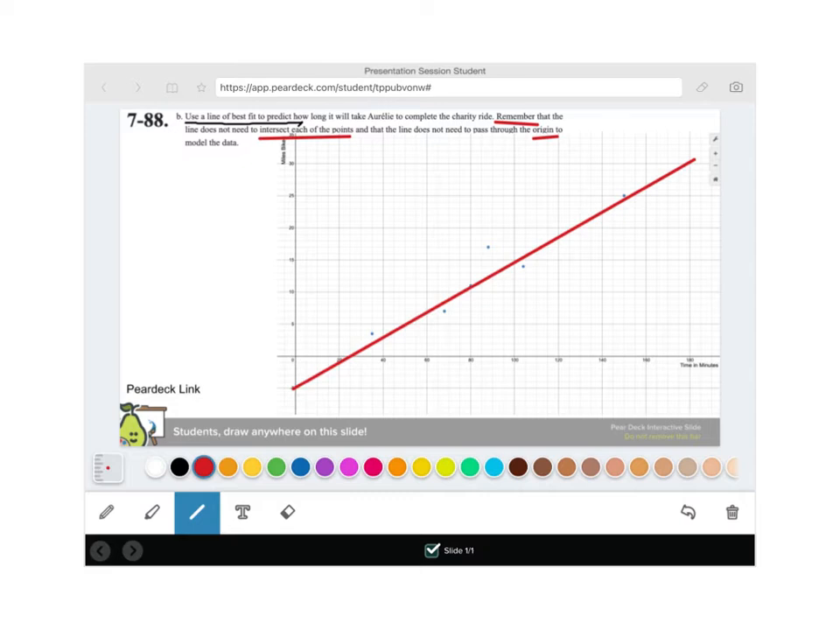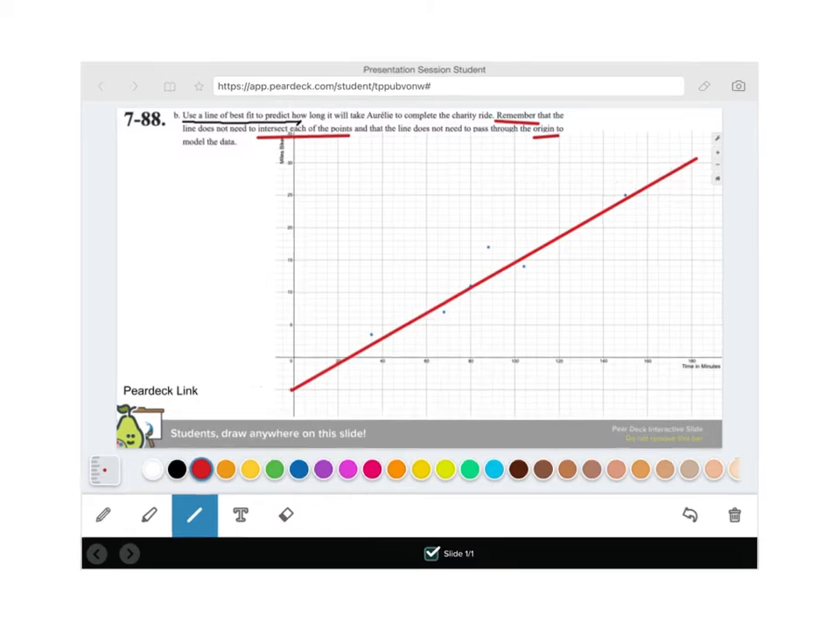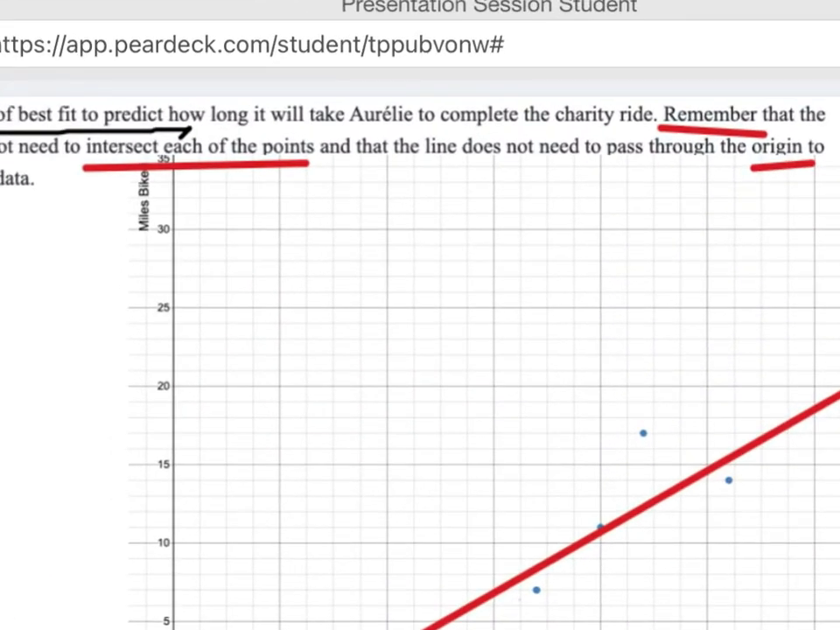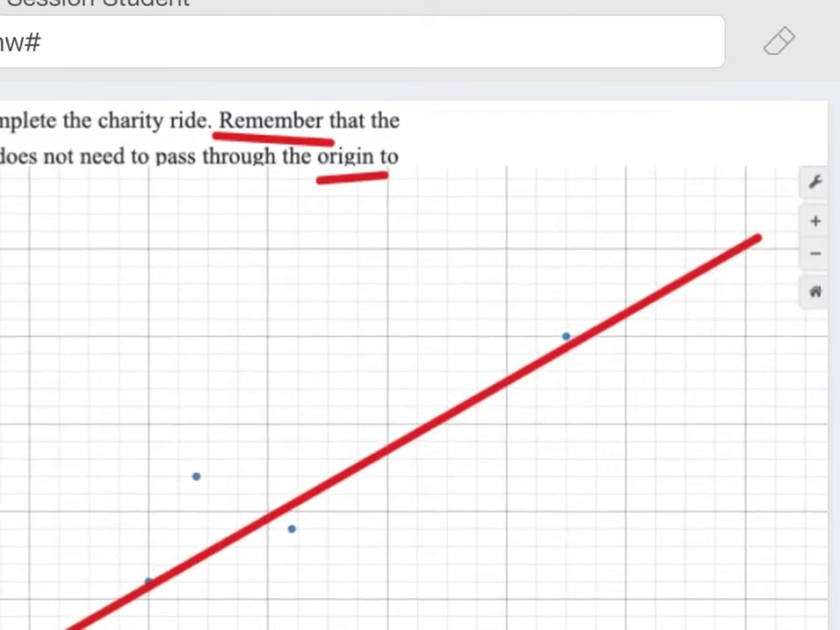And that's going to be our line of best fit there. So now that you've got your line of best fit, let's see if we can use that to make a prediction, just like it says in the question here. It says, use the line of best fit to make a prediction as to when she will complete the 30-mile charity ride. So let's zoom in and see, okay, at 30 miles, which will be this line, go over